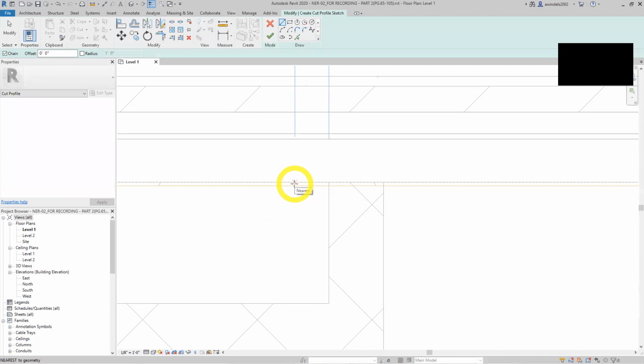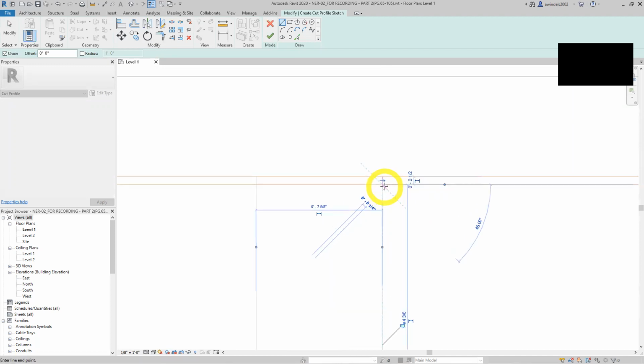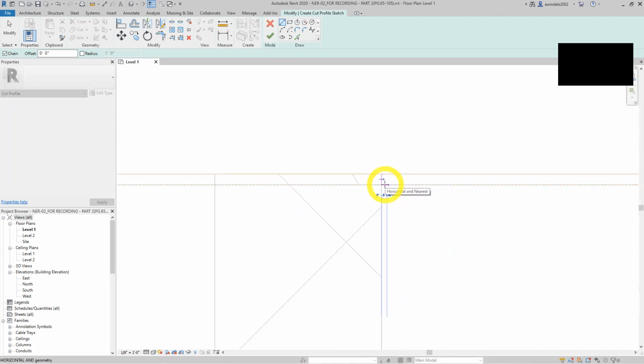And now we're going to sketch mode. It takes us to sketch mode. We're sketching the cut profile basically to cut out of this wall. So we'll see this later in the book. We're going to say this is where it's going to cut from here, exactly here. First pick, second pick, right here. And it's saying that arrow, everything